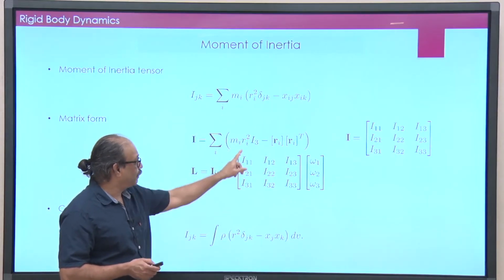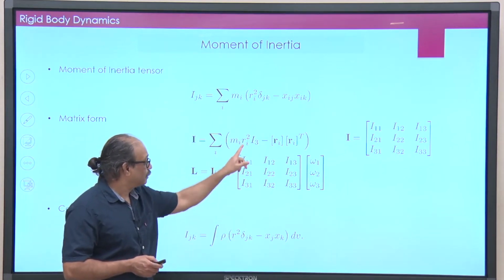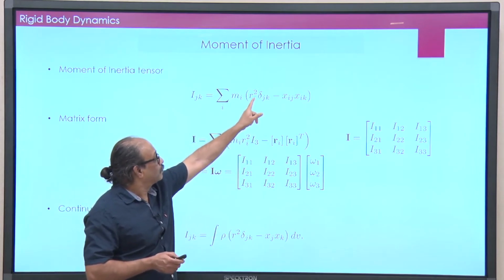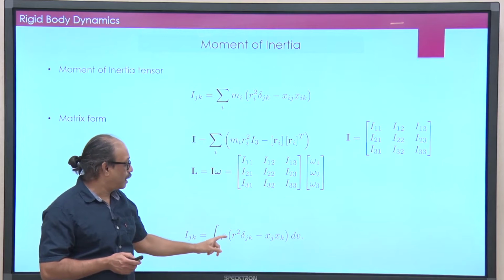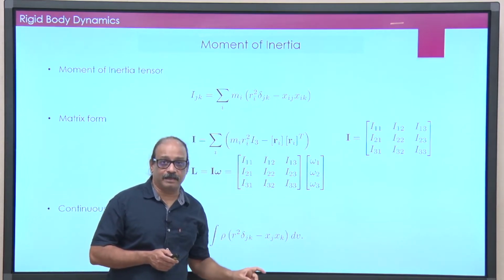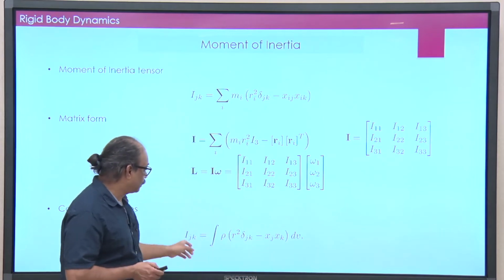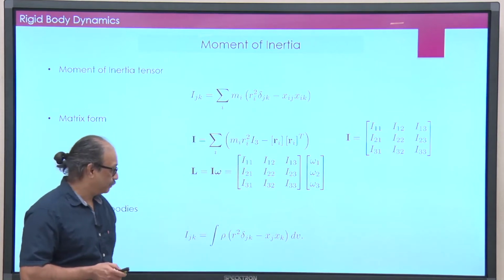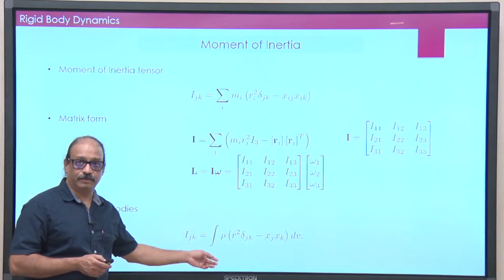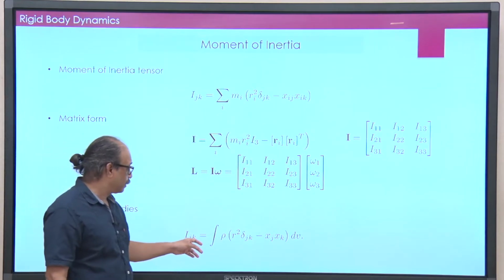Now, of course, I will drop that particle index, this would become r square, then there is a delta jk, we take it from this equation. So, r_i square will remain r square, then there is a delta jk, and I will again drop the particle index here and write this as simply x_j x_k, and then there is an integral over dV. Okay. So, this is the formula that you would use for calculating moment of inertia of a continuous rigid body.